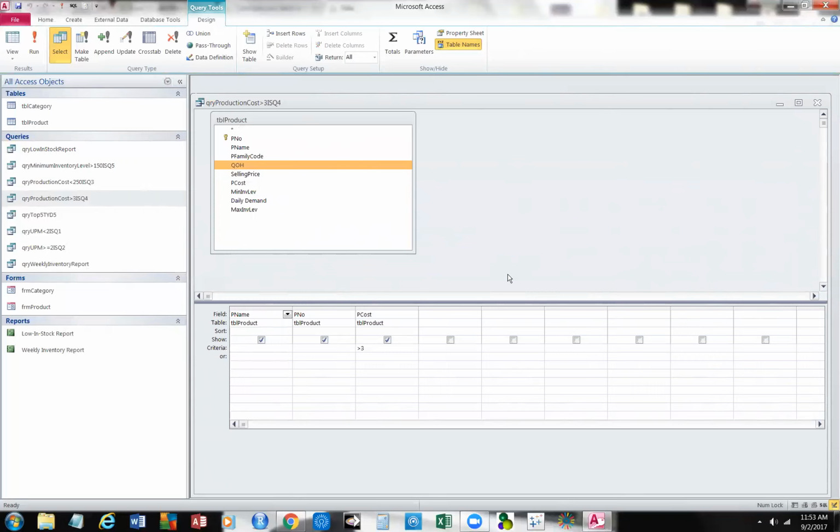And this is a case where we're kind of all over the place, because now we're talking about production costs. This is our question 4. Look at what they say. Which products cost more than $3 a unit to produce? And then for each product, include the product name, number, and production cost. Other fields should be included. So anything that's greater than 3 is listed there. Now, I have a confession to make. It's been a while since I really read this case intensely to figure out why $3 is such a big deal. But for some reason, $3